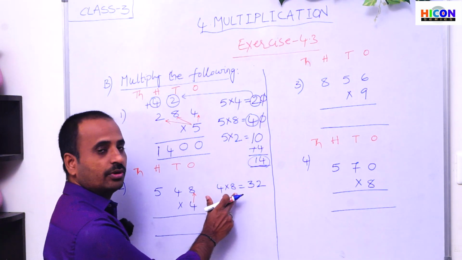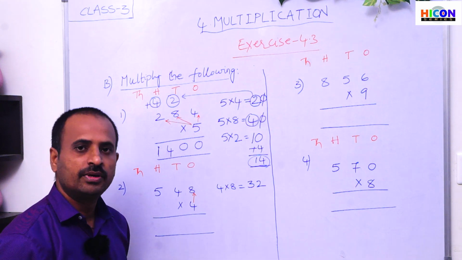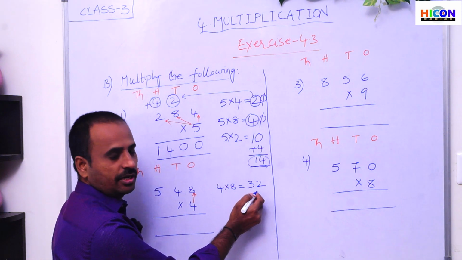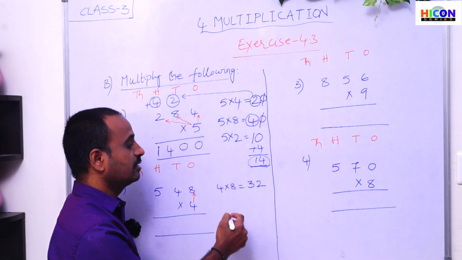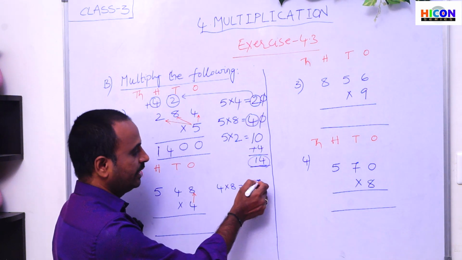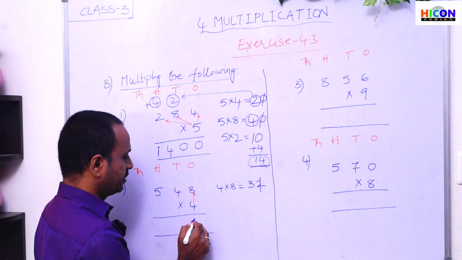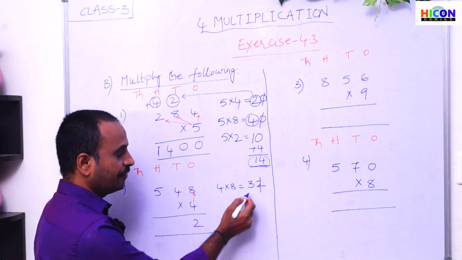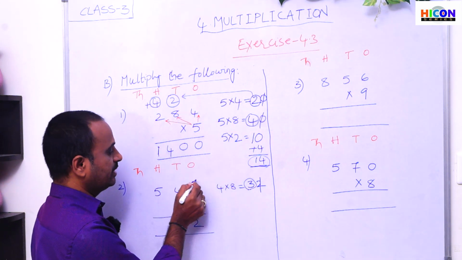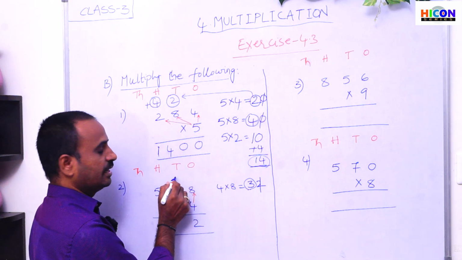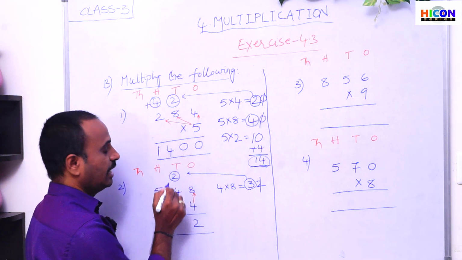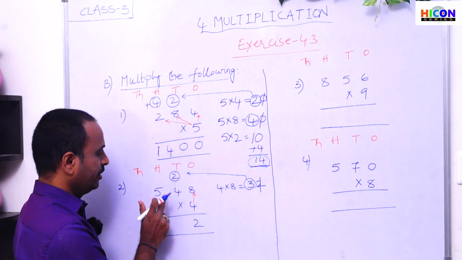It is a 2-digit number. If the product is a 2-digit number, then we have to regroup, that means we have to carry. So how do we carry? If the product is a 2-digit number, write the second digit, that is the last digit. So 3 is the first digit, 2 is the second digit. Write the second digit 2 under ones place, and carry the first digit, that is 3, to the next place. What is the next place? After ones place, the next place is the tens place. So carry the 3 to the tens place, and we have to add this carried number to the product.